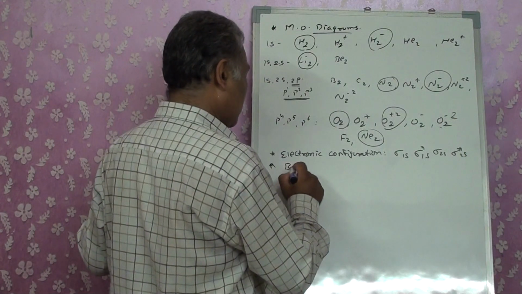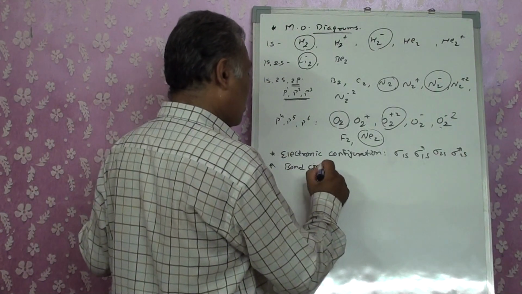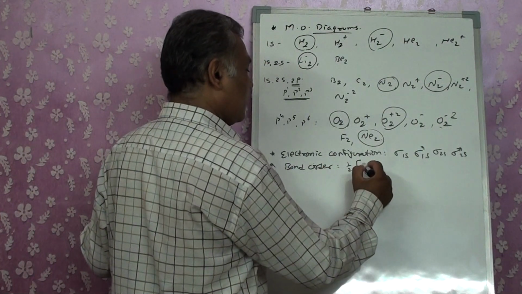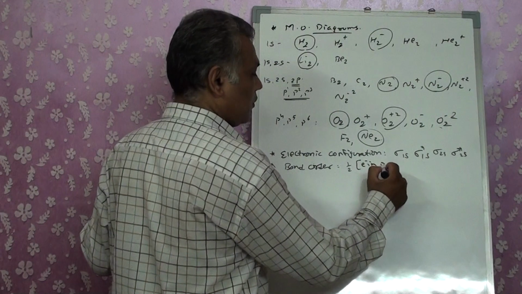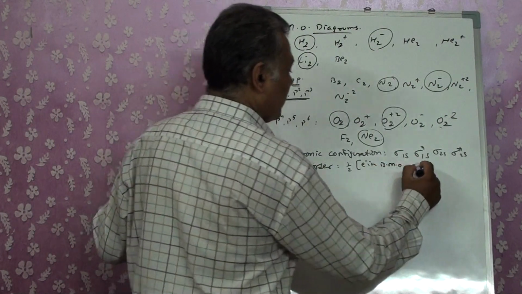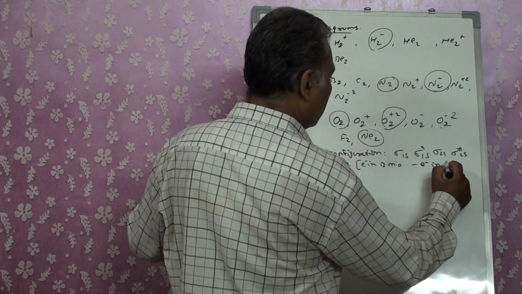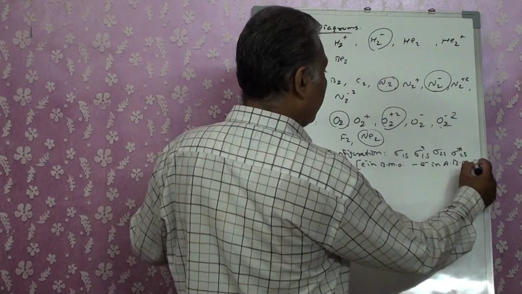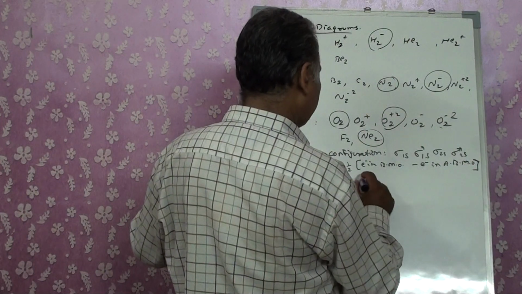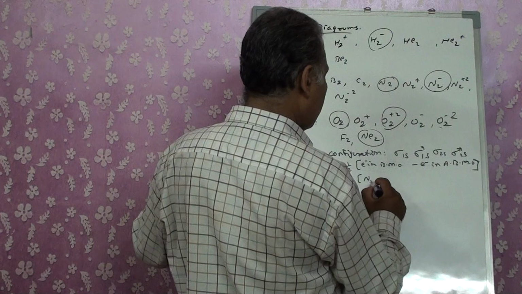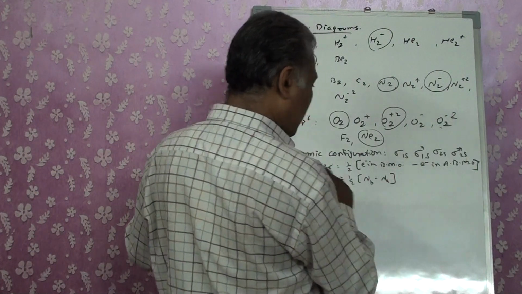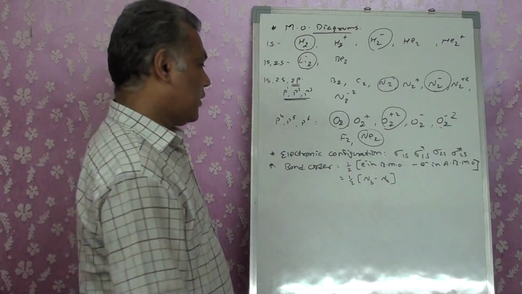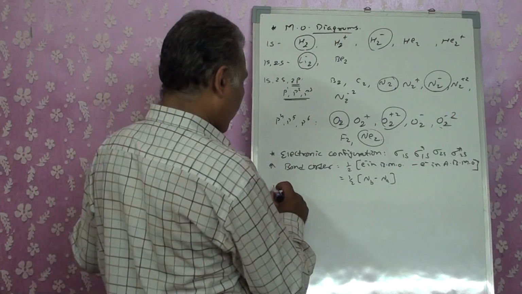The second is, we want to calculate bond order. Now bond order is given by the formula 1 by 2 times the electrons in bonding molecular orbitals minus electrons in antibonding molecular orbitals, right? It is written as Nb minus Na, bonding molecular orbital minus antibonding molecular orbital containing electrons, divided by 2. And the third character